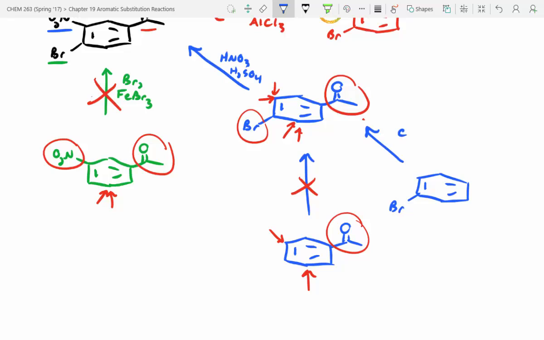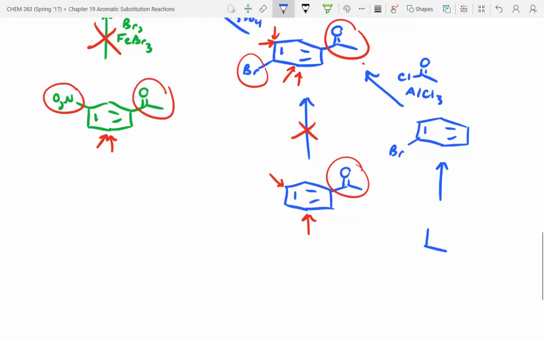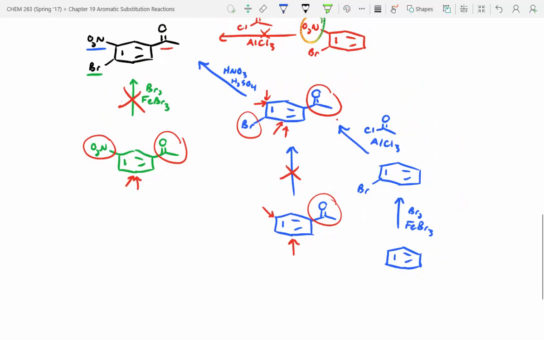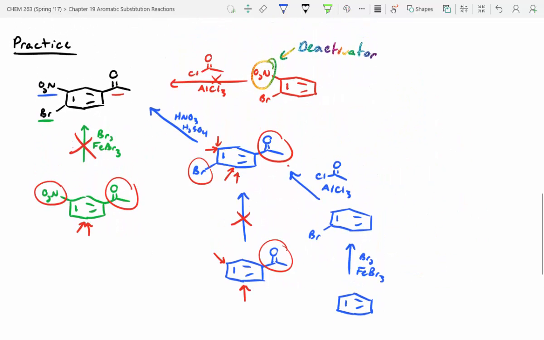If you do this, it will work because bromine's only a moderate deactivator. And then we can make this pretty easily from benzene by using bromine and iron tribromide. So you can see we're getting into the stage of synthesis where it's kind of turning into this